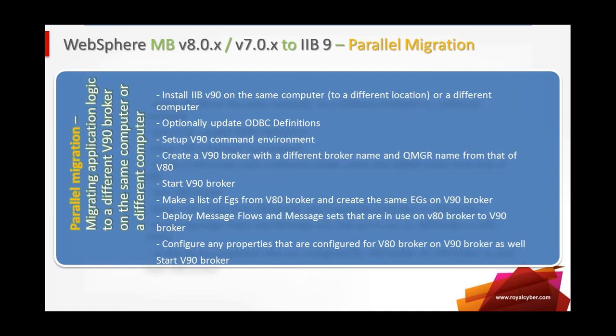You can do the parallel migration in the same system or on a different system, right? So the difference is basically that in parallel migration you have a different broker, right? So that's why we call it parallel migration. So to do that, basically you have to install the IIB V9 on the computer you want to do the parallel migration, and then